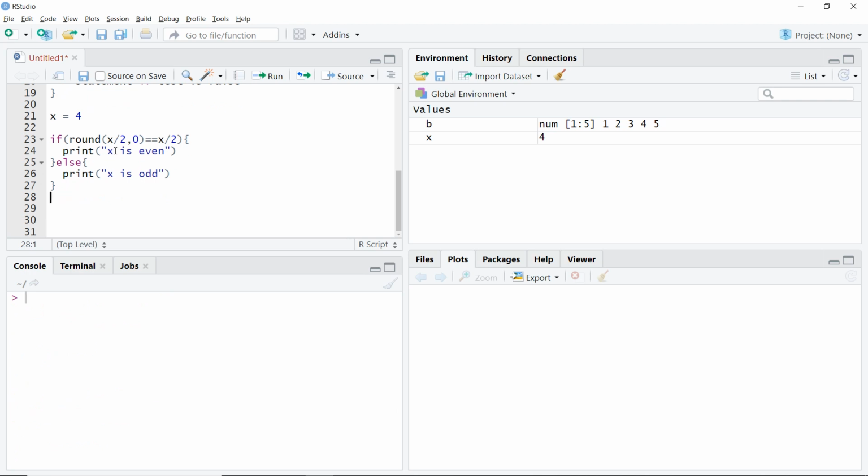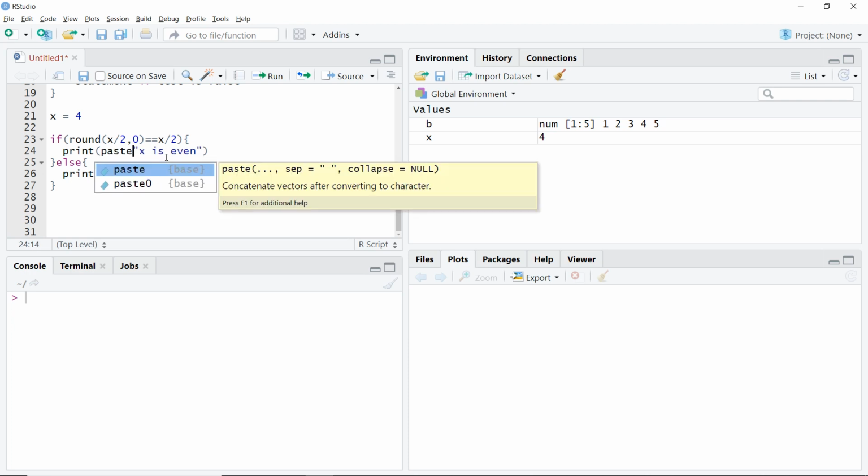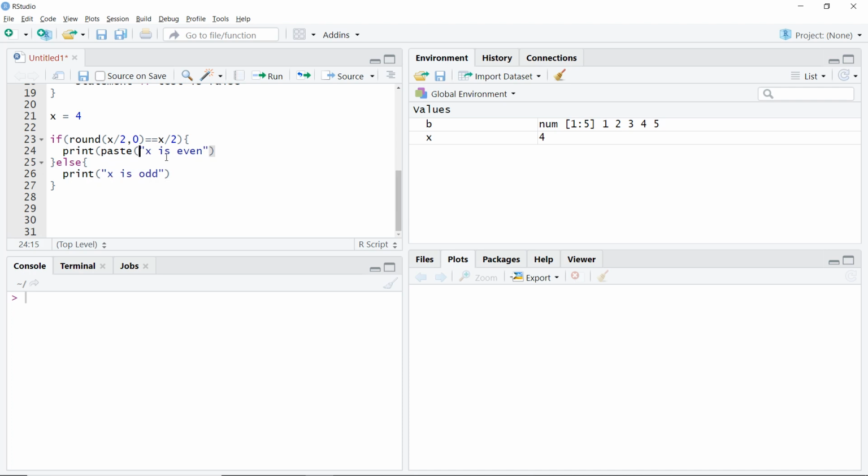Now here, if I actually wanted to say, instead of this x, that my value is even or odd, what I can do is I can use the paste function inside our print. So I can say paste, I'll open the bracket and I'll close it right now so that I don't forget it later on. In the paste function, what we do is we write our value and then comma, so it pastes them together. So it will say take the value of x, that is 4 here, then comma, and then write this particular term after that. I'll do the same here.